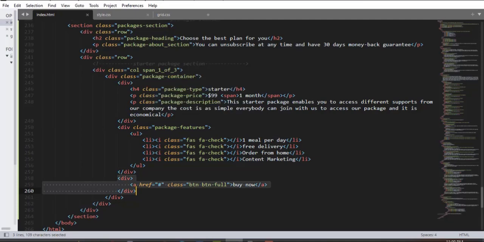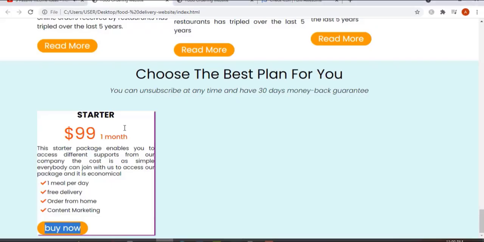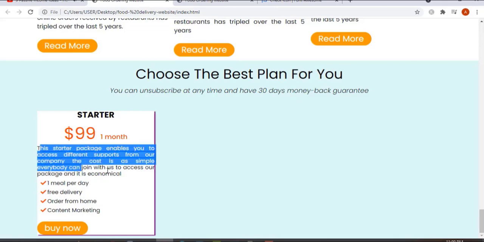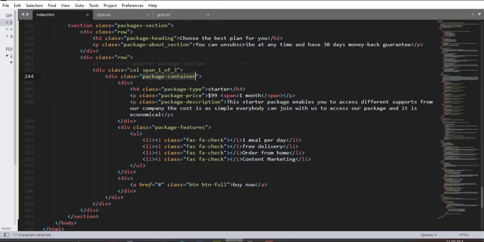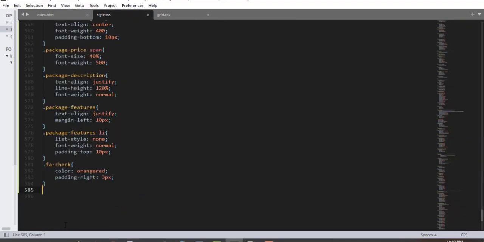Okay, as you see here, here is the first child for the package container. So using this package container again. Okay, so here is the first child for the package container, and here is the third, and the call to action button is the third child or the last child for a package container class selector. So using package container and a div selector div,